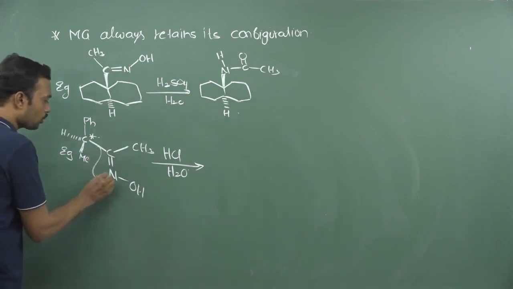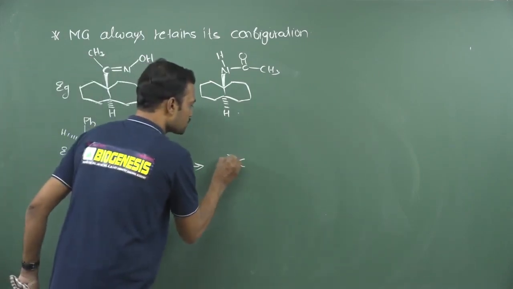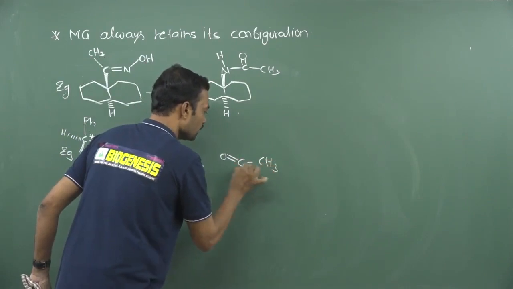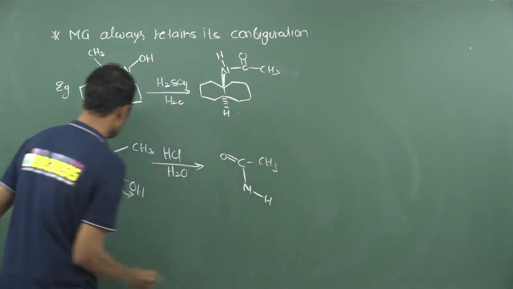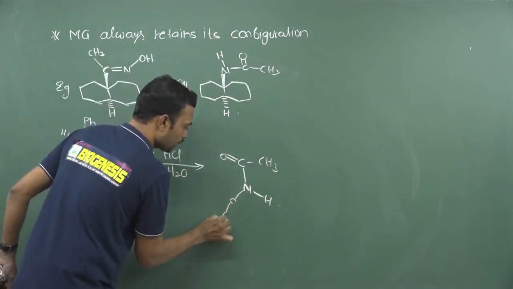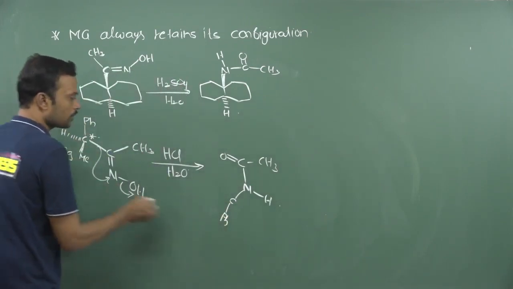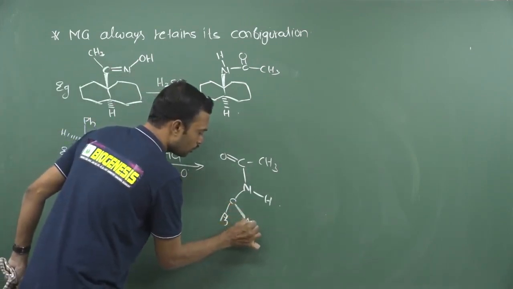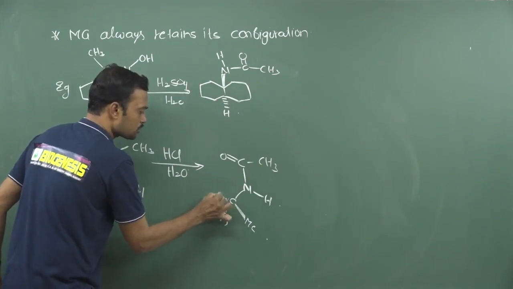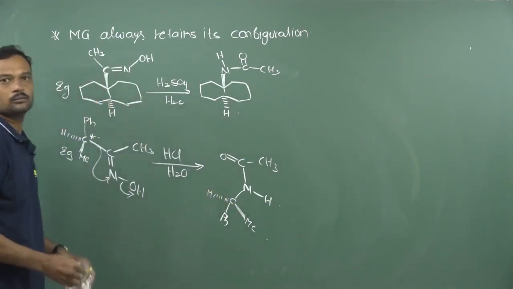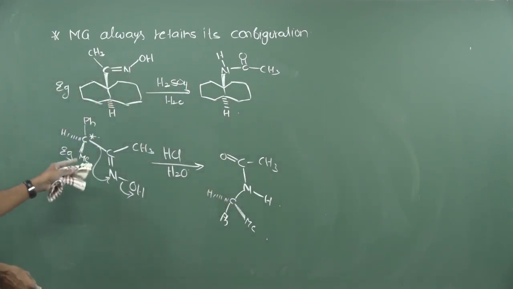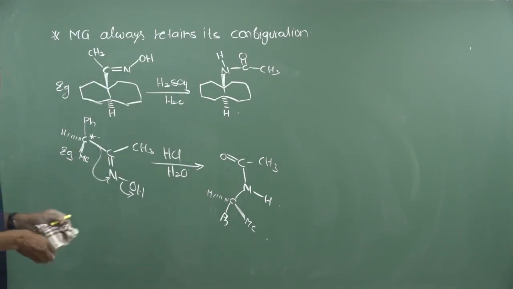Now this will migrate on nitrogen, it will be removed here. So finally C double bond O, this is CH3, and this is nitrogen which carries hydrogen, and here this carbon carries phenyl. In the same way this carbon carries methyl which is oriented above the plane, and here one nitrogen atom is present, that is completely below the plane. Means the migrating group involved in this reaction is always completely unaffected.